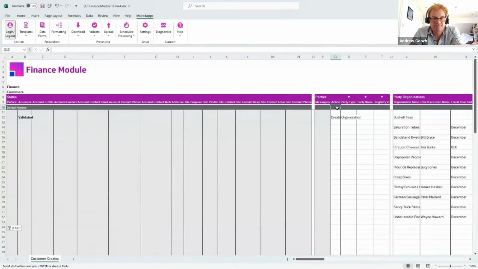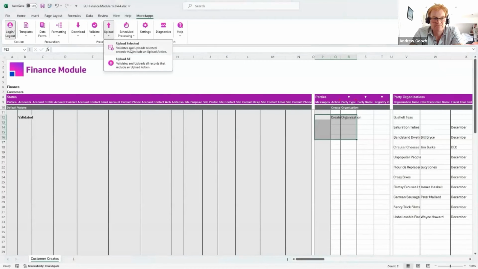You have a defaults row up here, and you can use that to seed the spreadsheet without having to enter the same value in for every row. And these values get auto-populated in the row at validation when there isn't an explicit value already entered against the relevant cell. So now we're ready to load, and I can drag my cursor over a selection of records and upload just those ones using this option up here, or I can upload everything on the sheet, which is